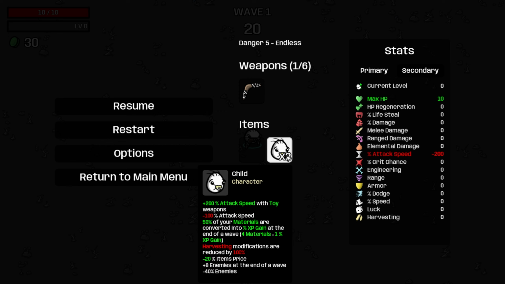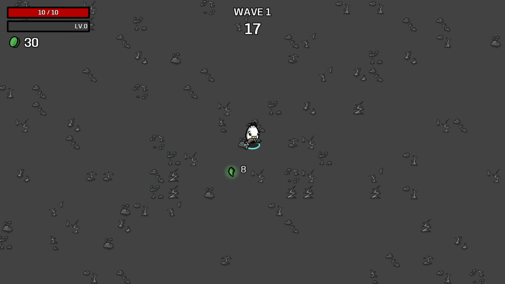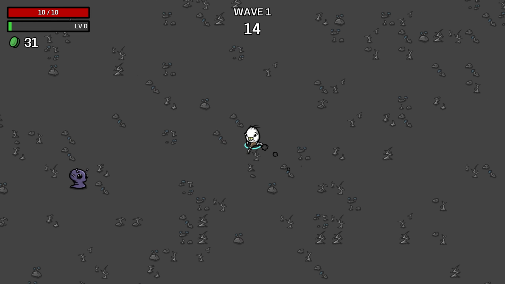Item price is reduced by 40%. There's 16 additional enemies at the end of the wave, and there's 40% less enemies to start. So it's going to be really interesting very quickly as to what's actually going to happen, although wave 1 is going to be a little anticlimactic because,